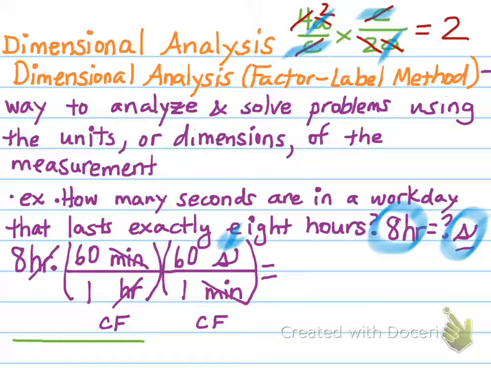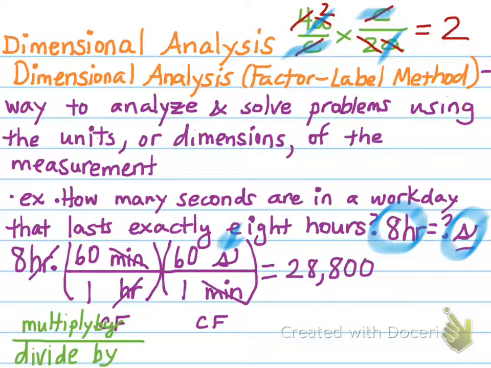Numbers that are in our numerator, we're going to multiply by. Numbers that are in our denominator, we're going to divide by. Okay, notice here, all my numbers are in my numerator. So many of you probably knew how to do this, but if for some reason you didn't, I'm going to take 8 times 60 times 60, and I get a number of